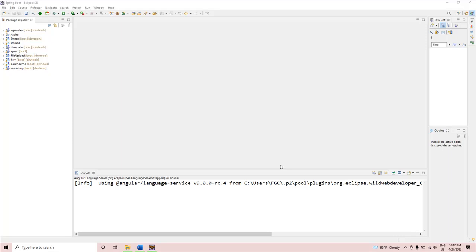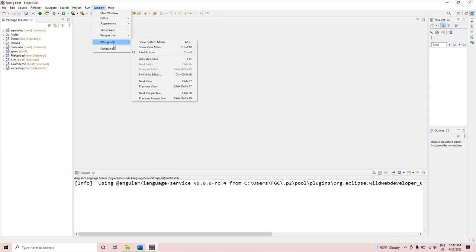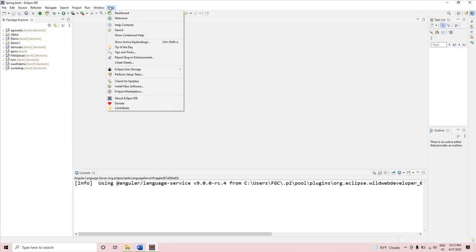In today's lecture, let me show you how to create a simple Springboard starter project. So first you have to open the Eclipse IDE. Once you have opened the Eclipse IDE, ensure that you have installed the Springboard software already. You can go to Help,